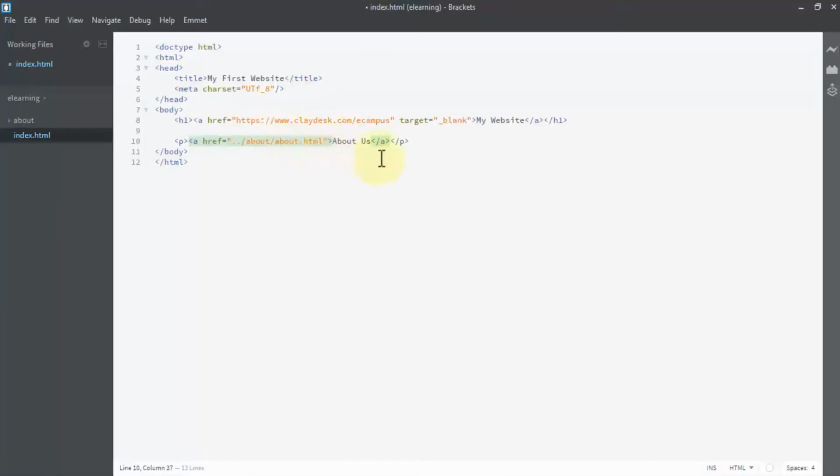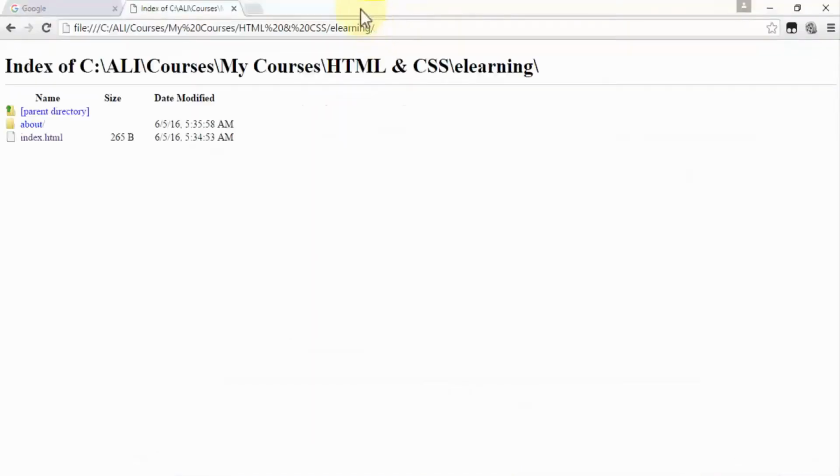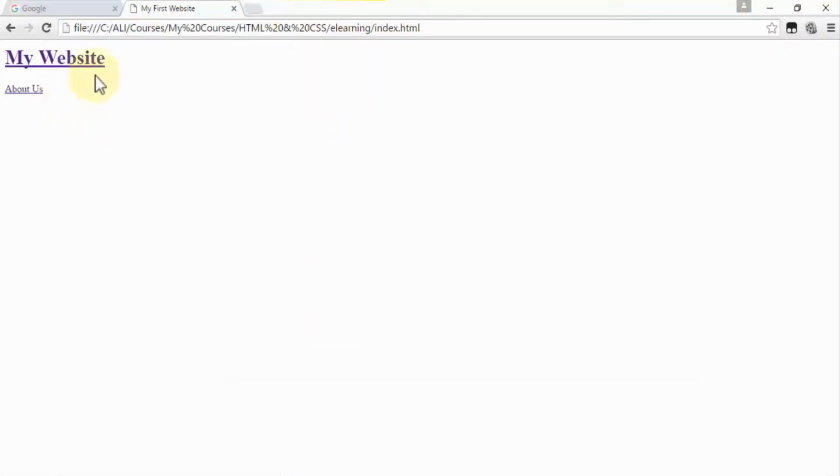So this was the basics of anchor tags, how to link one page to the other, and how to link one website to another website using some basic steps. And one more thing that I want to teach you in this lesson is how to get rid of the underline over here. Now if you want to get rid of the underline over here, you simply need to